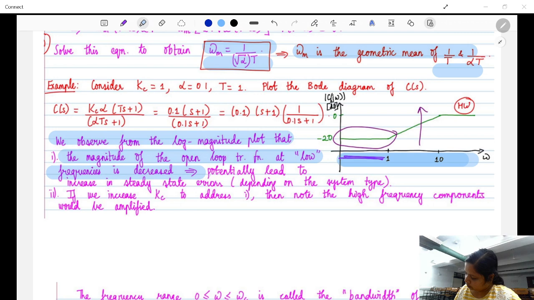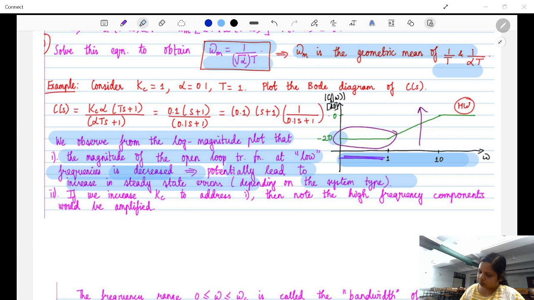Yeah, the magnitude of the open loop transfer function at low frequency is decreased. We really have a low frequency over here. Potentially leads to increase in steady state error. Now, how does this impact the steady state error? I mean, everyone should have a clarification on how the magnitude at low frequencies leads to an increase in steady